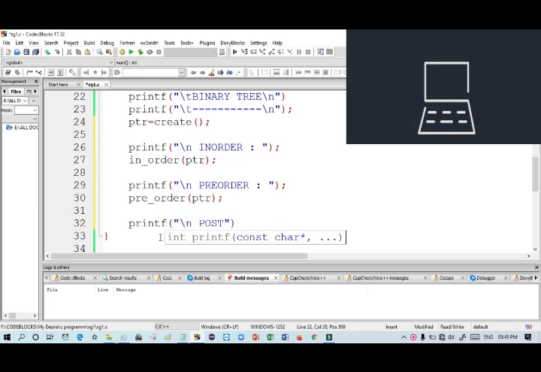Now post order, in order have done, pre-order have done. We have not defined the functions yet, but I just want to call them, and after that I want to define all the functions clearly. I will show one by one. You don't need to write code while this video is going on. Just watch the video carefully, and after that I will give the full code in my description, so no need to be worried. Now post order,